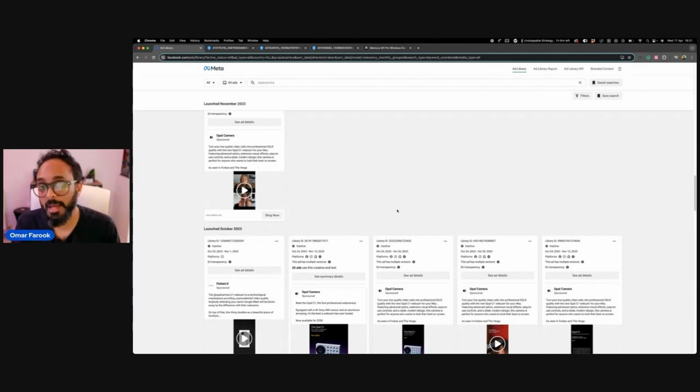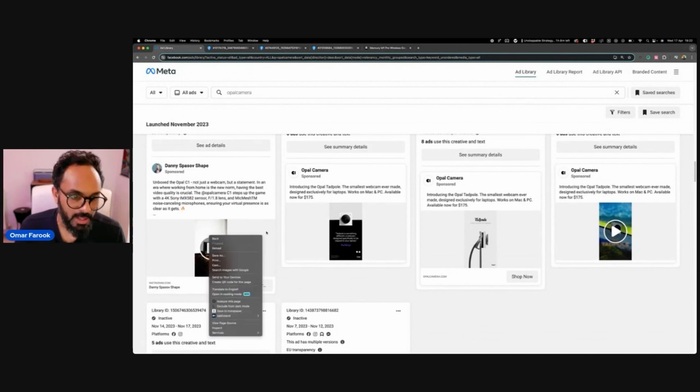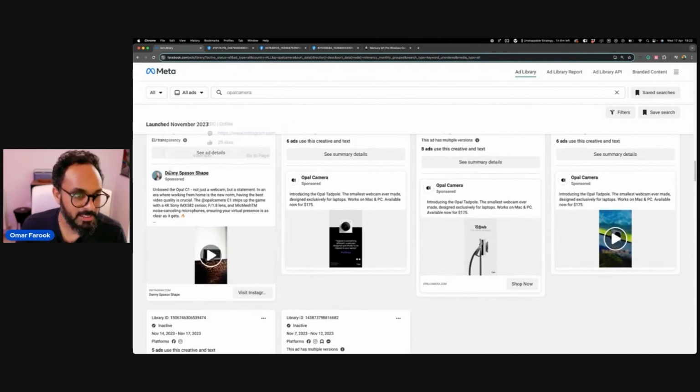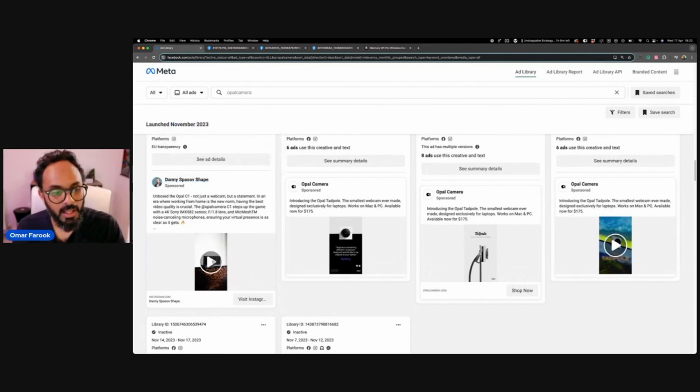I genuinely think that it's better for retargeting, because if you think about it, you'll be scrolling on Instagram or Facebook and you'll come across a video ad and you're like, wow, this is a cool product. There's an influencer portraying it. Like in this ad over here, you can see there seems to be some kind of influencer on it, or there's a compelling shot of the product, whatever this product may be. And this is, in fact, a friend of mine. So they've sponsored his post, a video that he created of the product itself, and they're sponsoring that post so